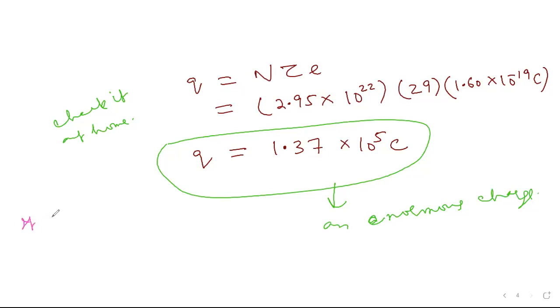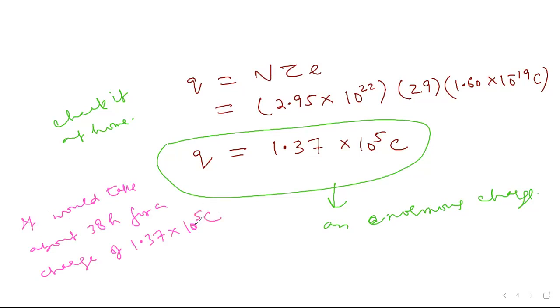It would take about 38 hours for a charge of 1.37 × 10^5 coulomb to flow